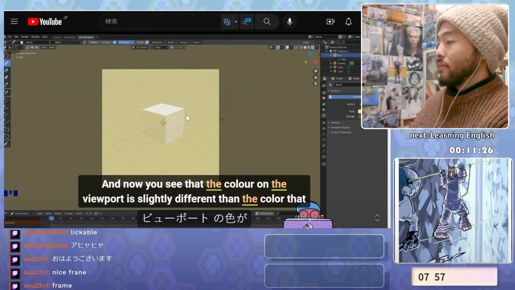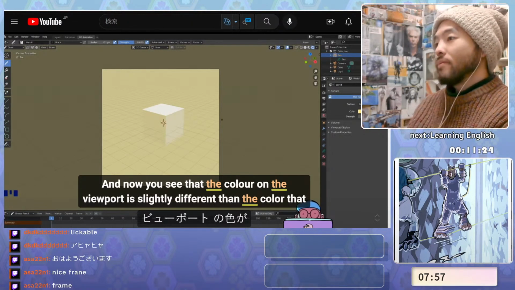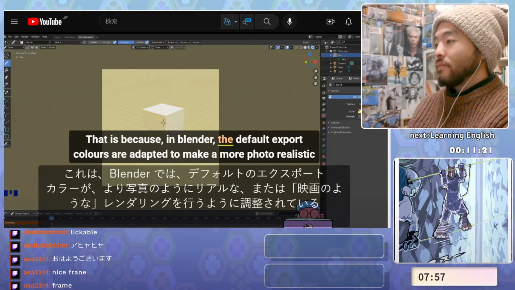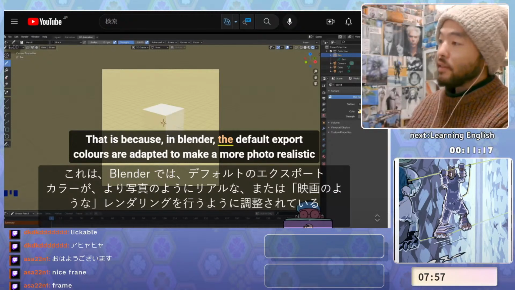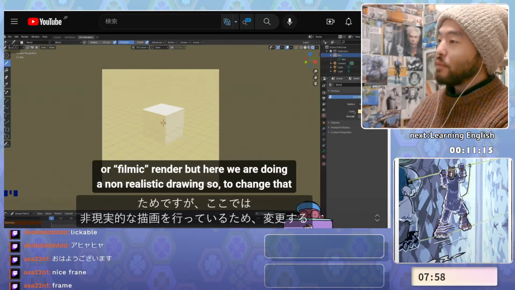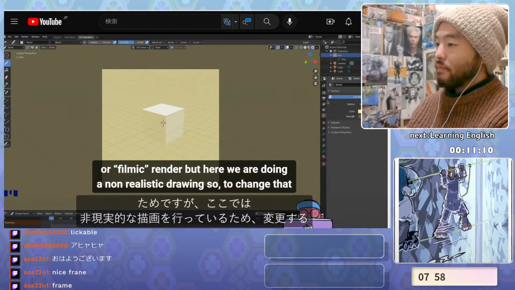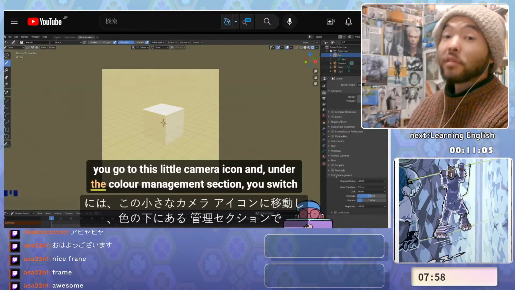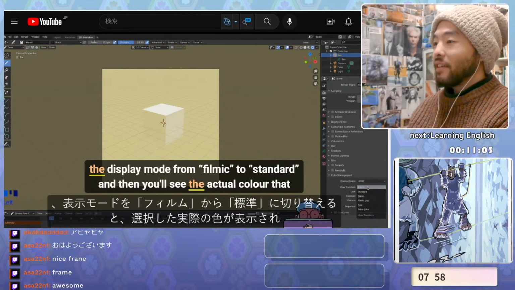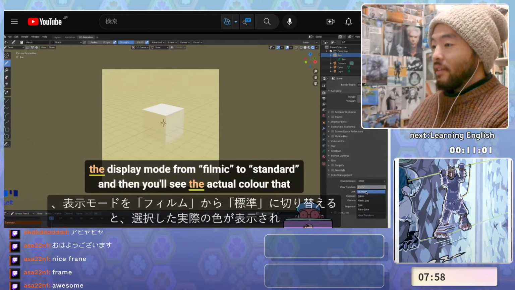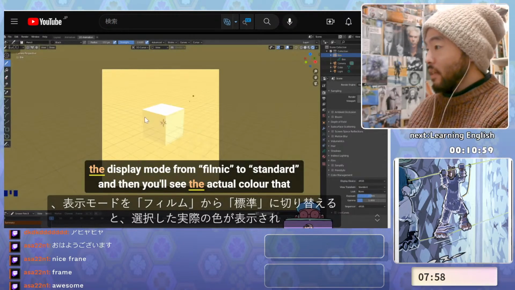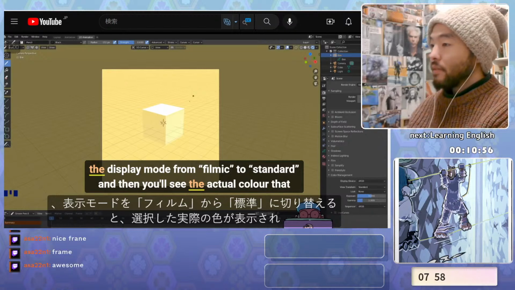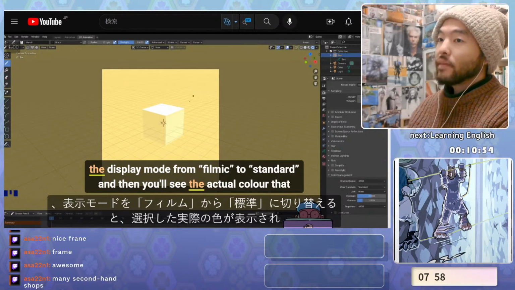The color on the viewport is slightly different than the color that you picked in the right panel. That is because on Blender, the default export colors are adapted to make a more photorealistic or filmic render. But here we are doing a non-realistic drawing, so to change that you go to this little camera icon and under the color management section you switch the display mode from filmic to standard, and then you see